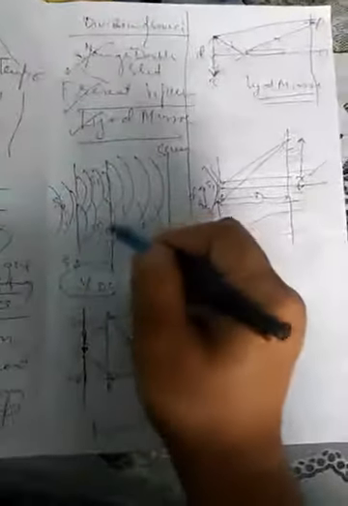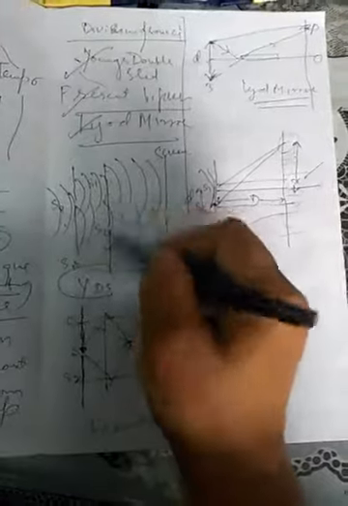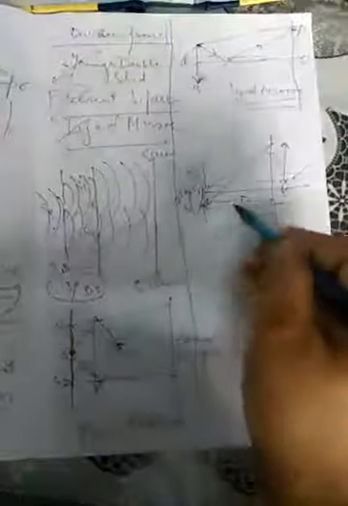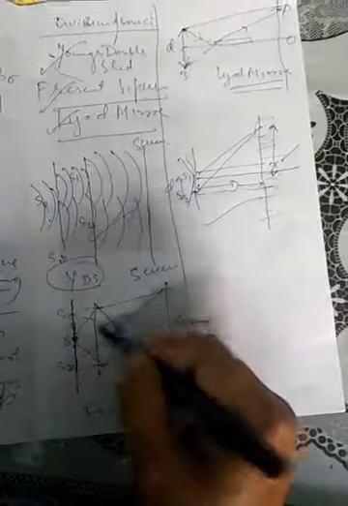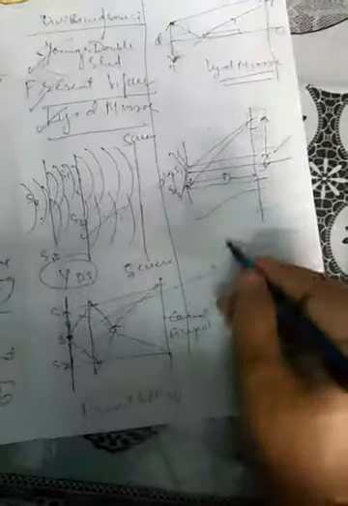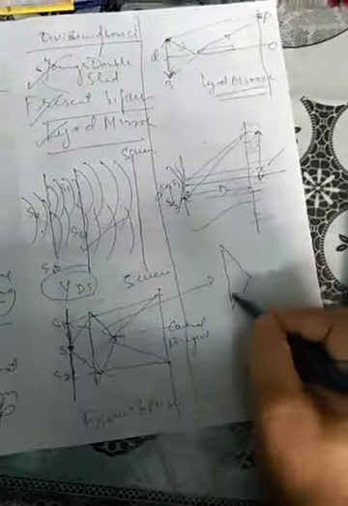So one source is divided into two identical sources, and then these two identical sources are made to overlap with each other, and so I get an interference pattern here. Another two methods are also there. Next method is Lloyd's mirror, and then the Fresnel biprism, which is in our syllabus. Here a specially designed prism is taken, with particular angles.